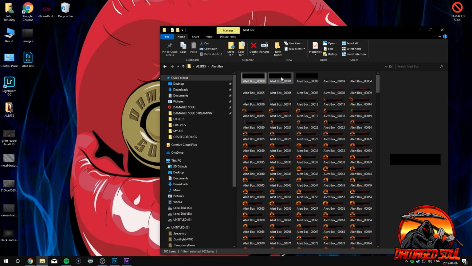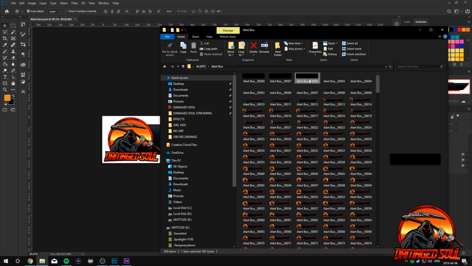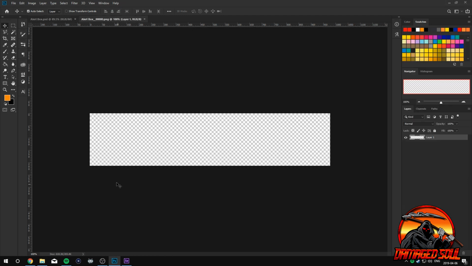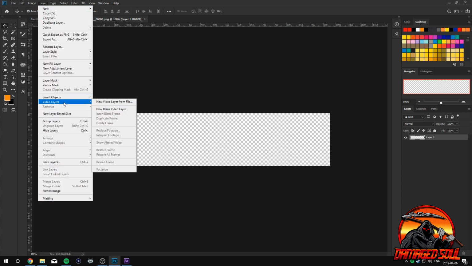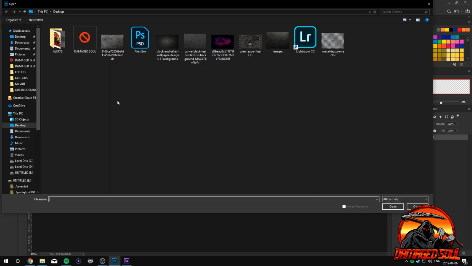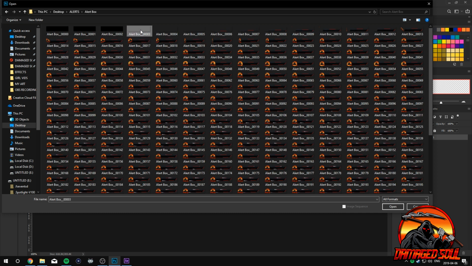Alright, so now you see how these first few ones are completely black? Now, you don't want to use those ones. You can use it to create the document size. If you grab it and drag it up to this part right here, you'll see it say copy, and let it go, and it'll create the exact same document size that you need. And then if you do that, and you go to, I'm pretty sure, yeah, layer, video layer, and new video layer from file, and you click on alerts, the alert box, and you go to the very first one that's clear, not this black box, or else you'll have the black background, and you don't want that. If you go to this very first one that's clear and hit open,